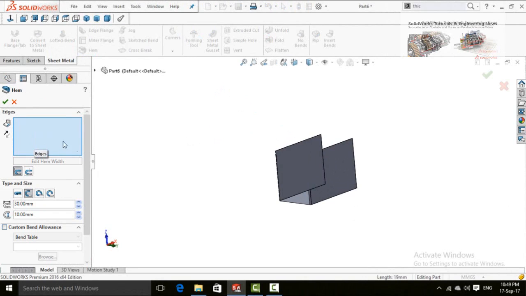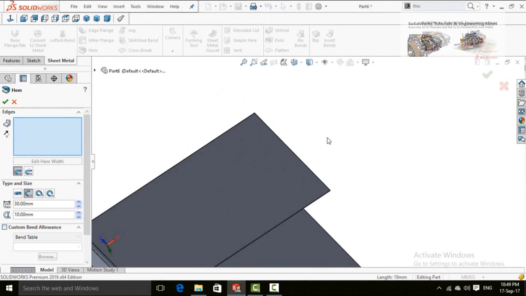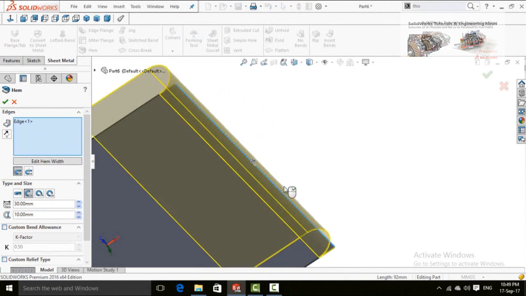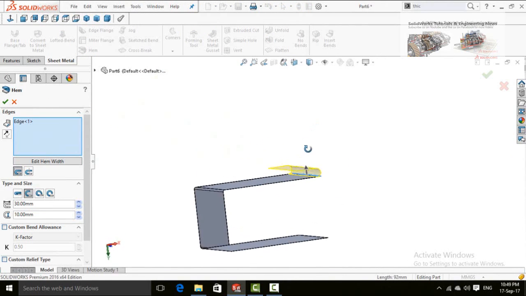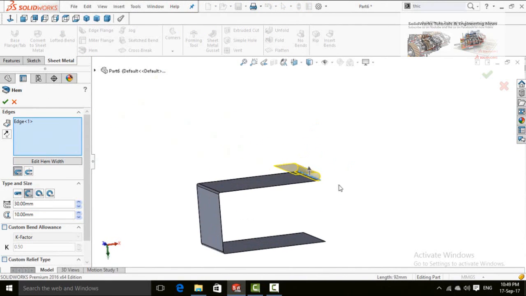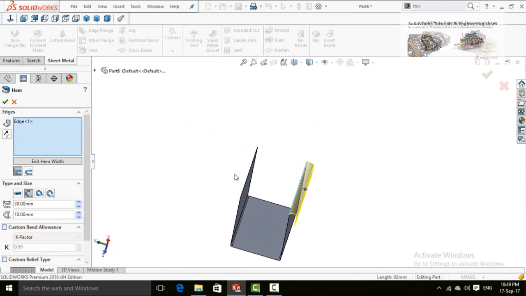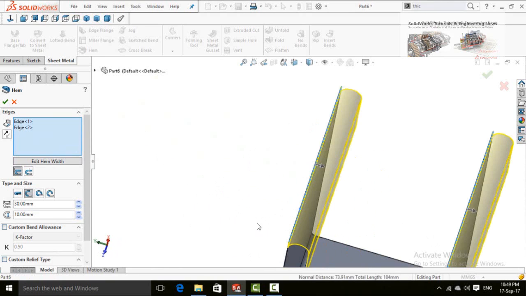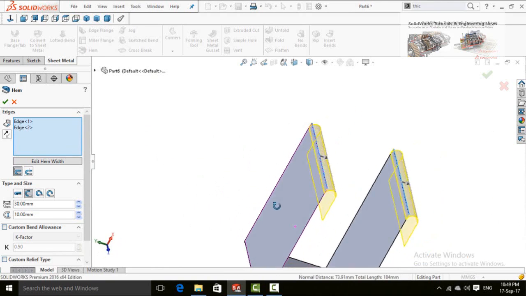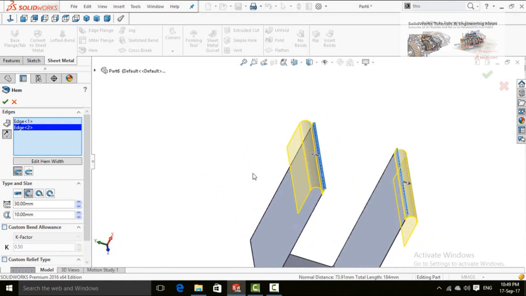First of all, it will ask you about edges for hem. If you select this edge, see how hem is created. You can also select multiple edges. By clicking on this arrow, you can change the direction for hem.